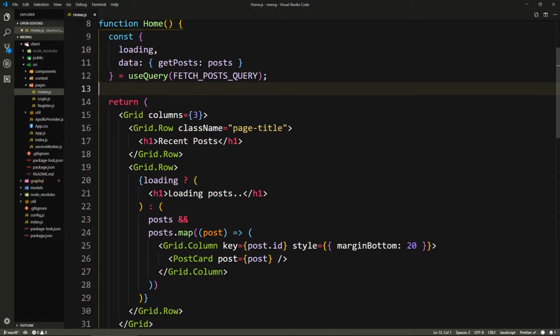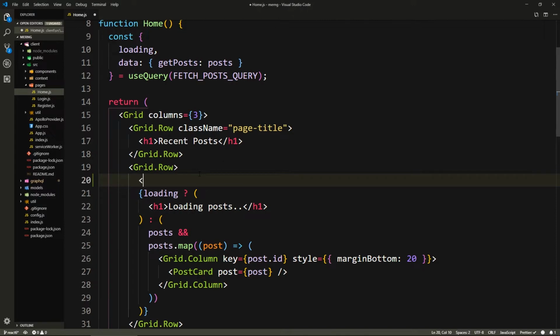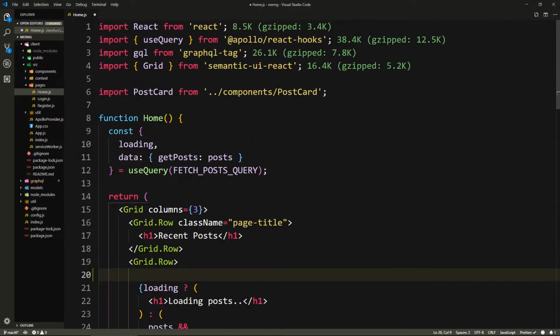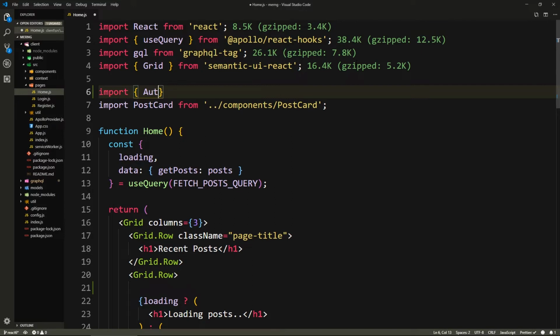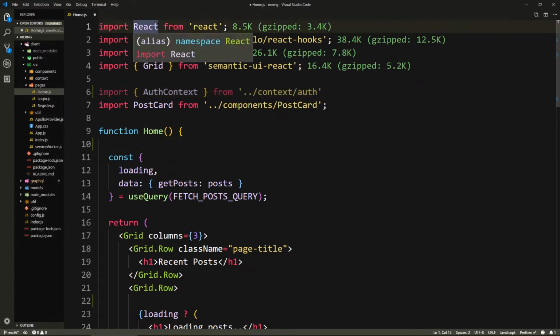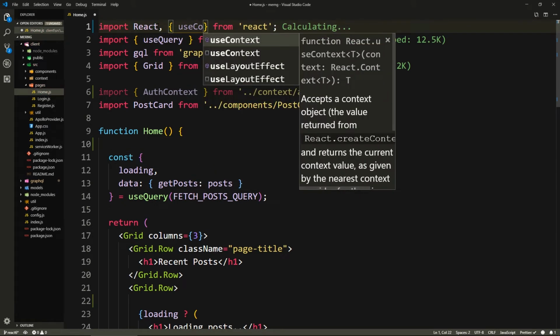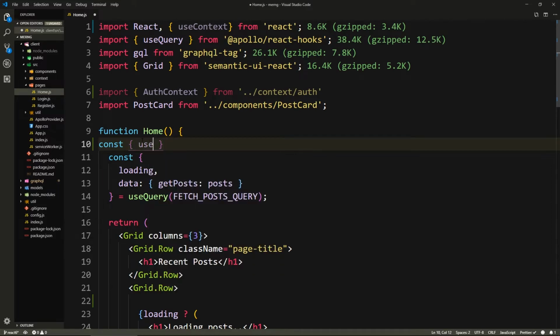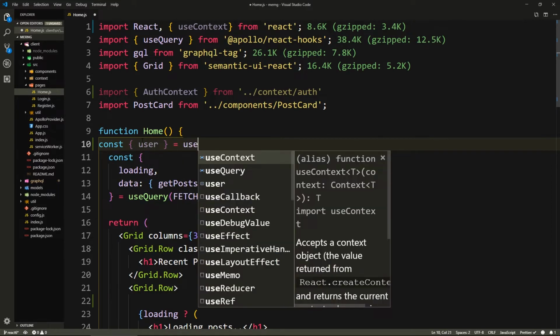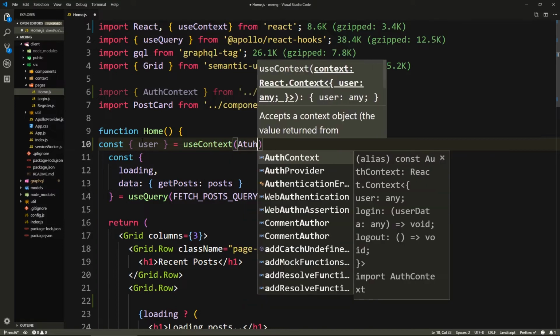So here, before this loading tag, actually no, we need to get the user from the context first. So we'll import the context. Import AuthContext from context/auth. And we need to get the useContext hook as well. So here we'll say const, we can destructure the user equals useContext, and we'll pass it our AuthContext